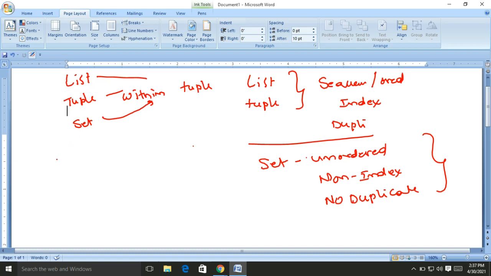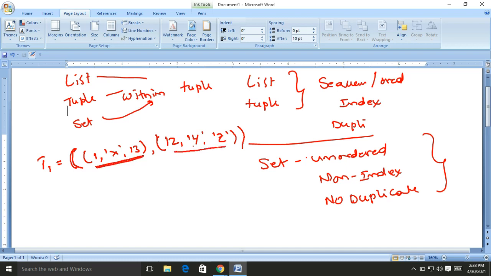Now I am going to create a tuple T1, suppose like this: 13, x, and the second one 12, y, z. Here we observe that we can create tuples with the help of parentheses. This is a tuple, and this is another tuple.